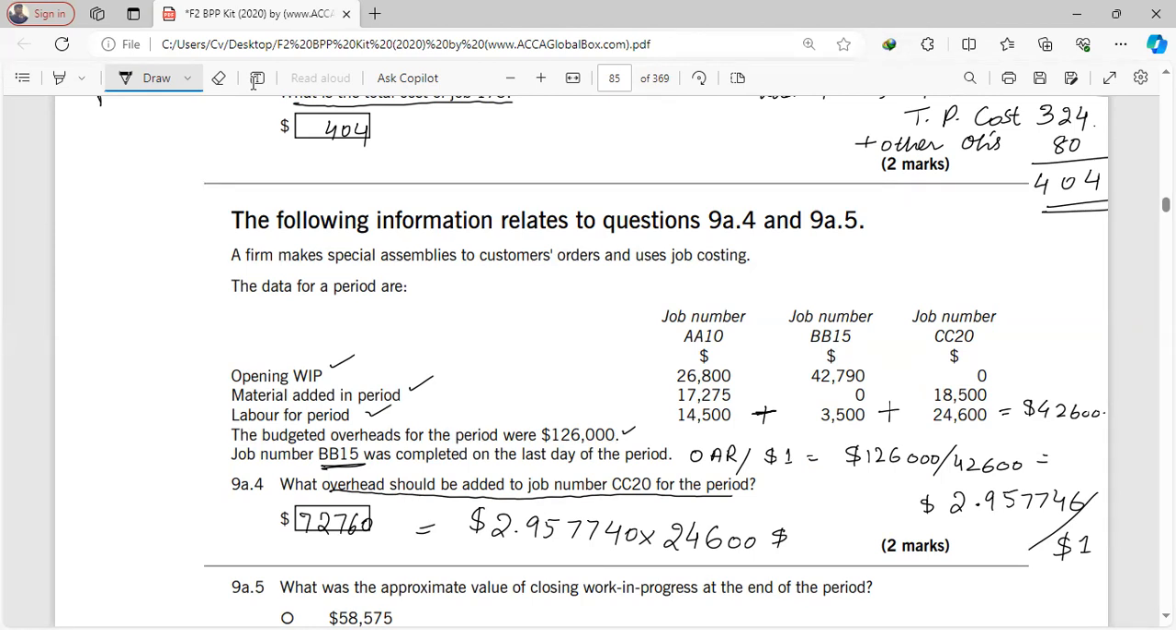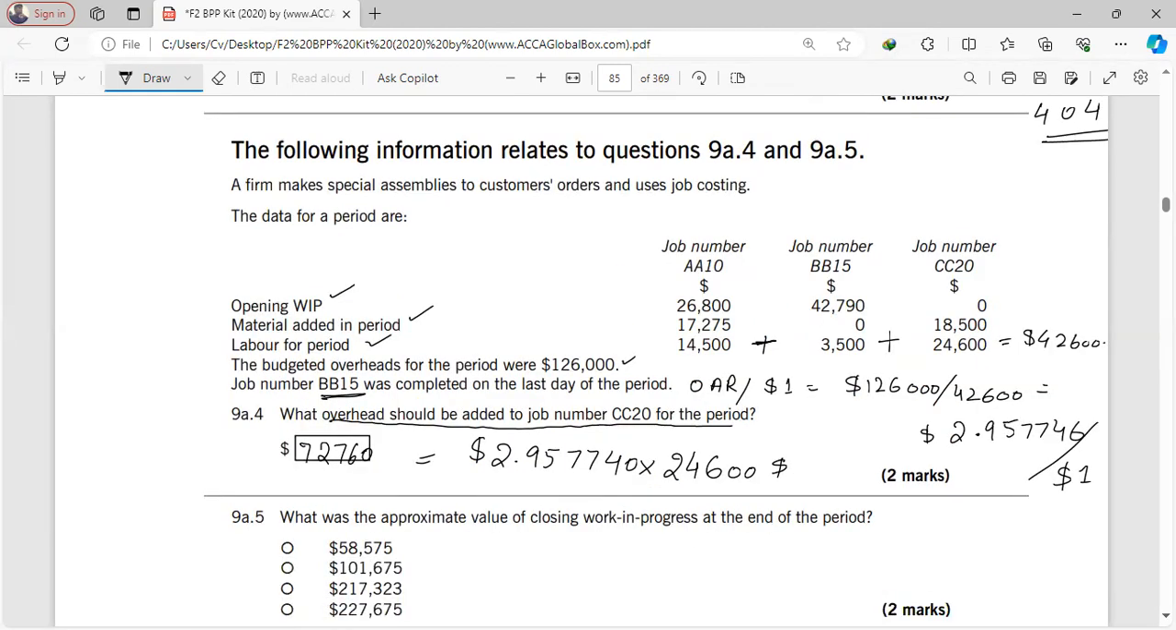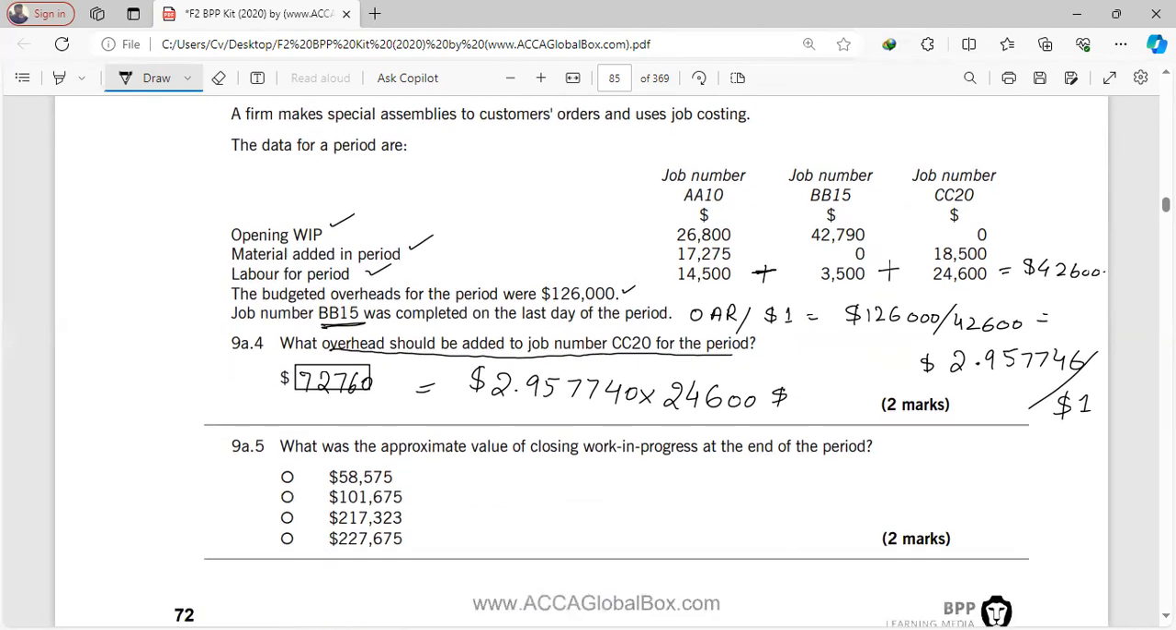Next one is, what is the approximate value of closing work in progress at the end of the period? He says that job BB15 was completed on the last day. So this job is completed, but this one is incomplete and this one is also incomplete. So we need to calculate the total cost of closing work in progress for these two jobs. So first of all, we will solve